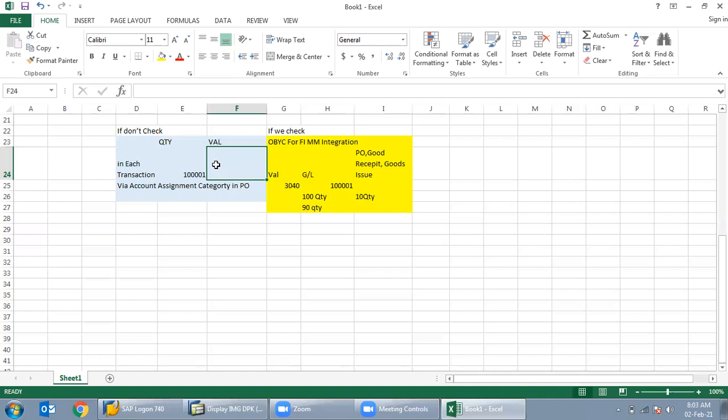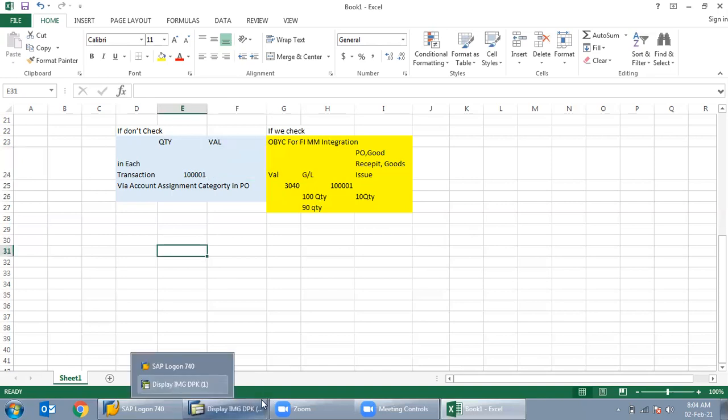But in today's class, what I'm telling is, in order to create a GL for an end user, if it has already been configured by the SAP consultant, here by taking quantity and value, the end user need not work much on it, so he can easily assign it. Yes, yes. The end user does not need to put that particular GL every time, the one in which the value and quantity get updated, if we check it. Okay, we'll do it in a practical, then it will be much clearer.